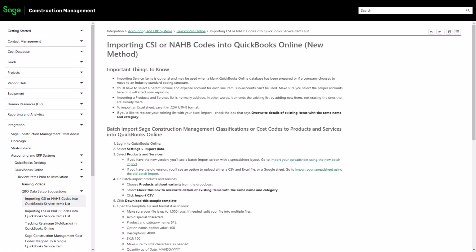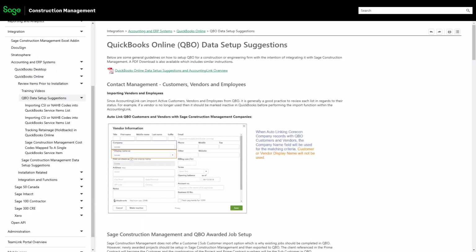If we go back to the knowledge base articles in CoreCon related to this subject, you may want to take a look at the importing CSI and NAHB codes into QuickBooks Online. There you'll find a series of sample spreadsheets that you can use to import the information directly into the QuickBooks Online service items. There's also another knowledge base article that covers methods used if you elect to use the classes feature in QuickBooks Online. If you open this PDF